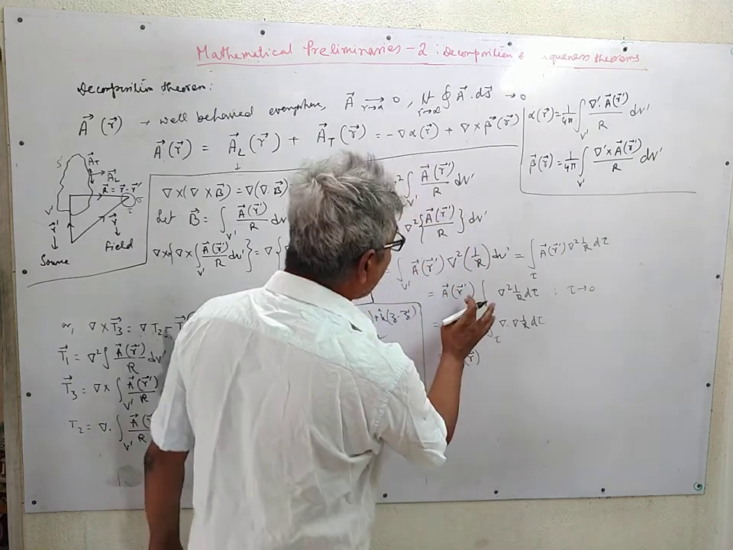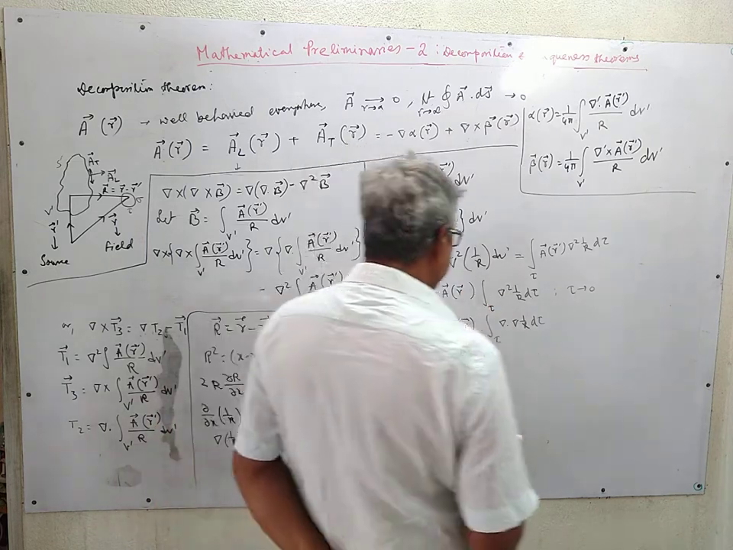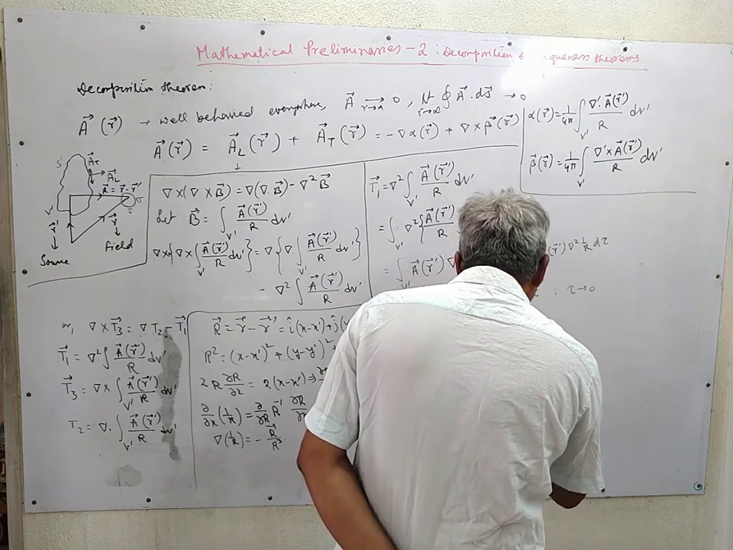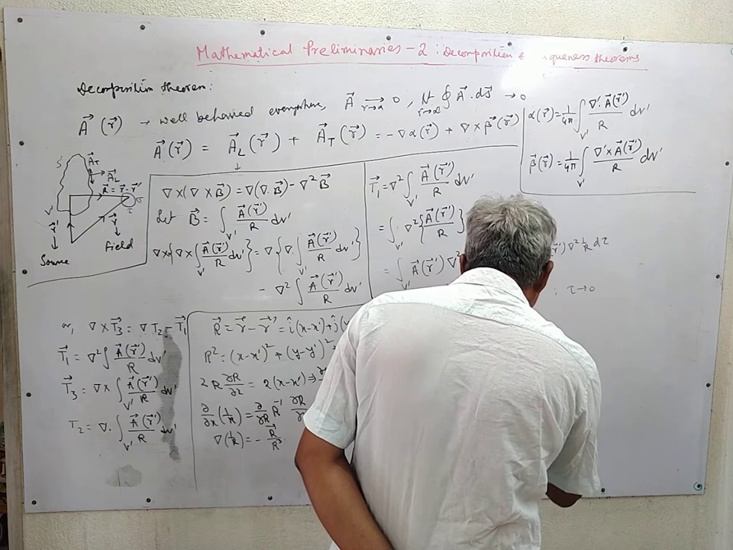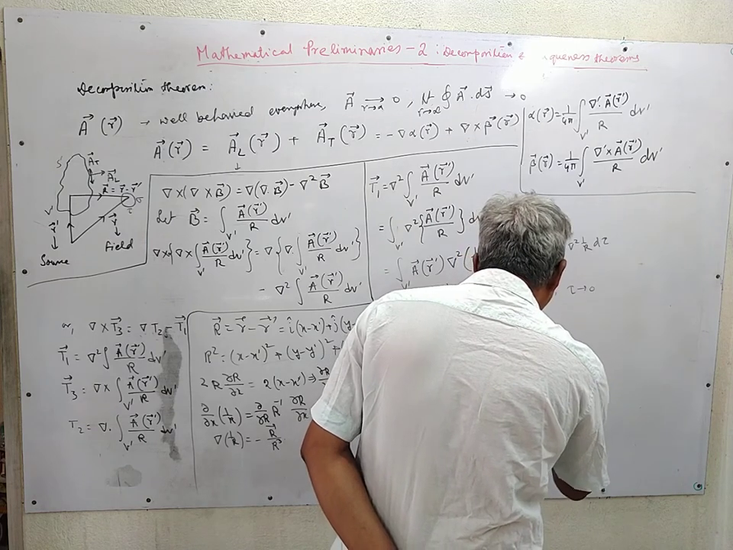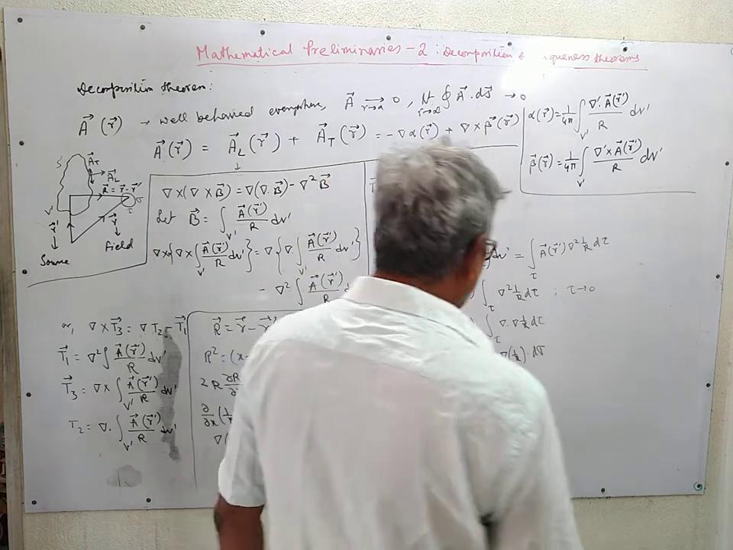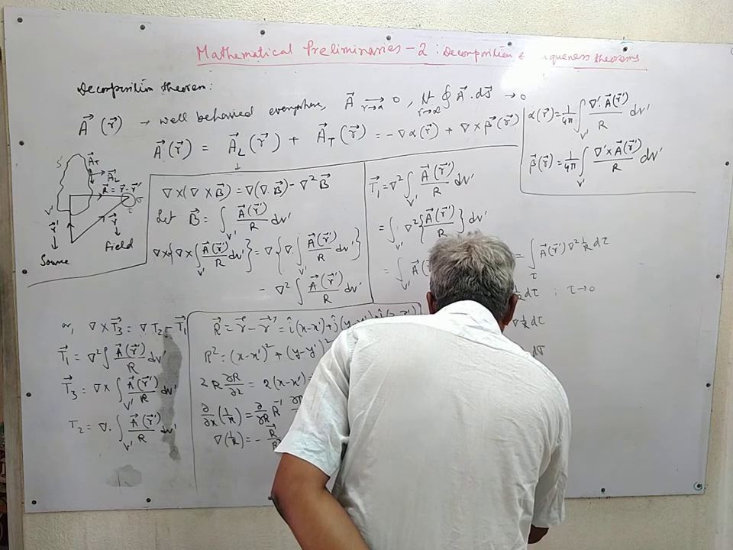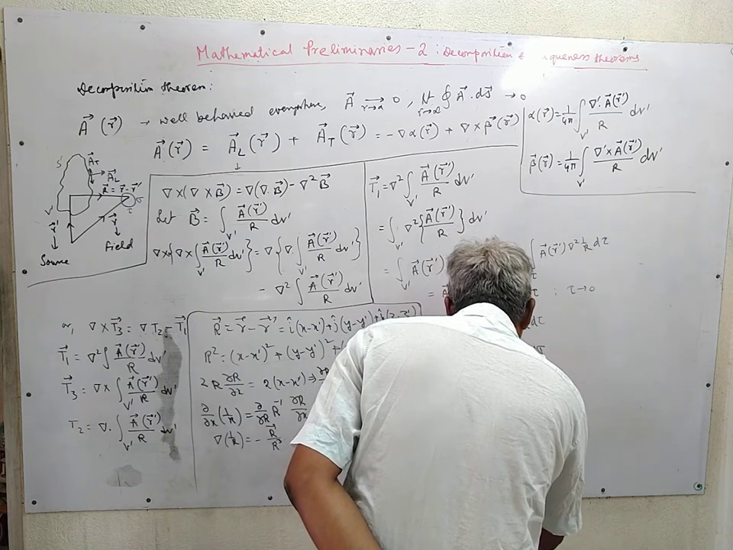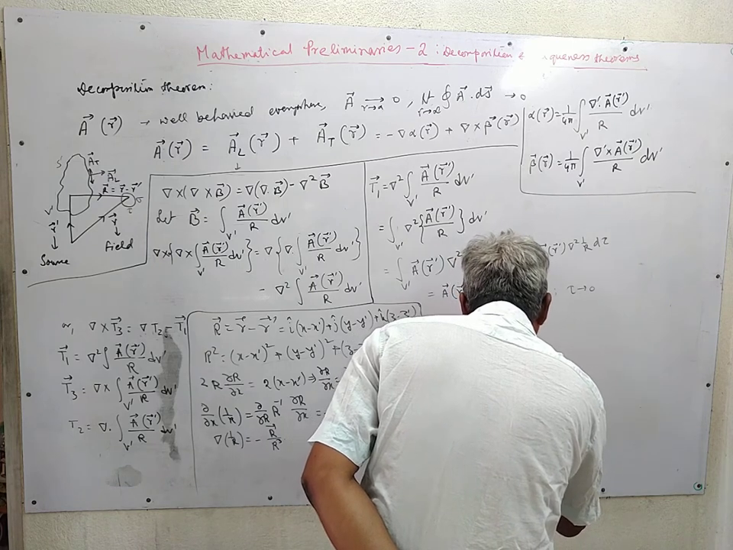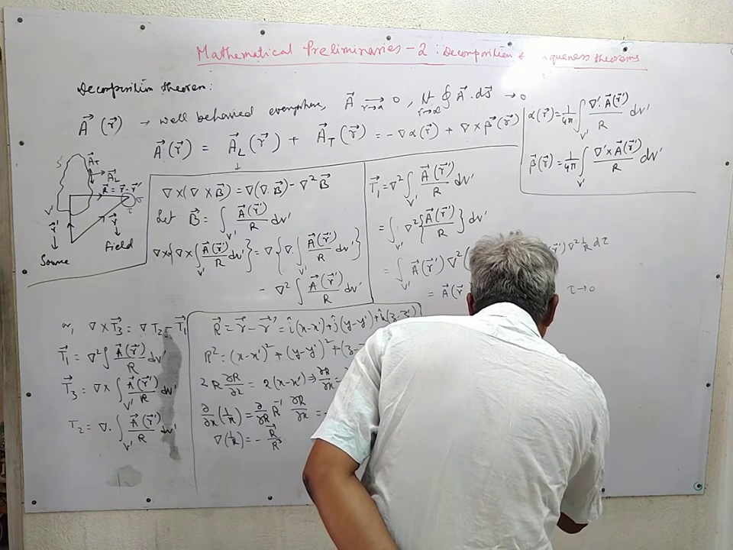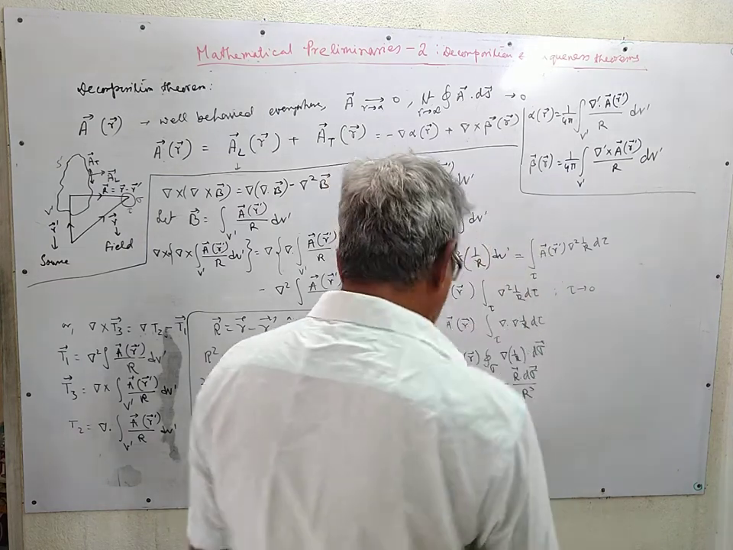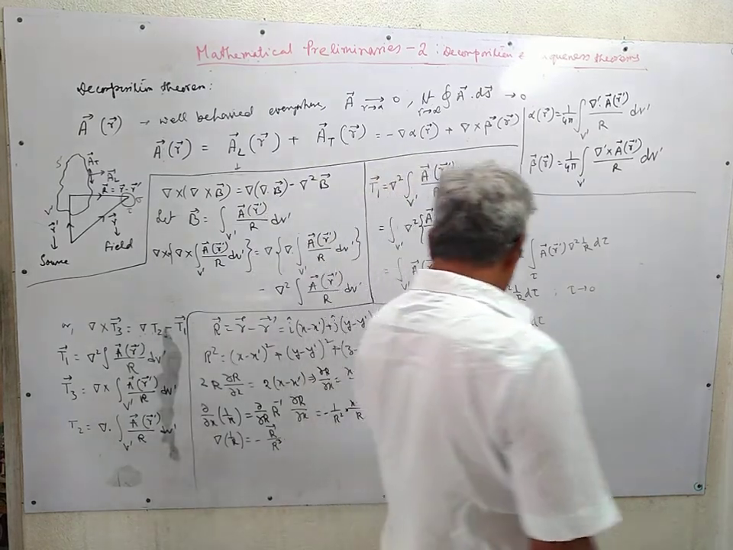Note that this is not prime, this is R. And this is a closed surface integration sigma. Now if for this part we write minus r dot sigma vector over r cubed, this is the solid angle subtended